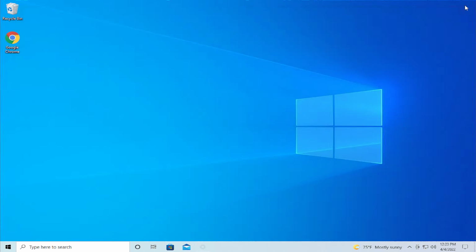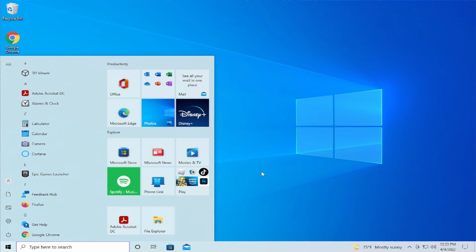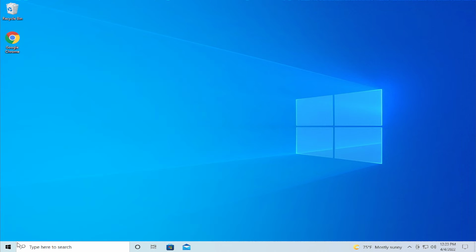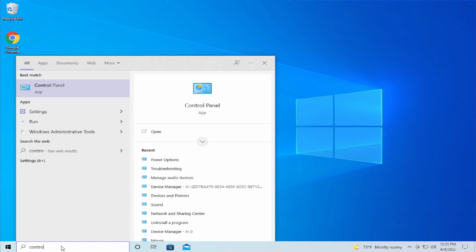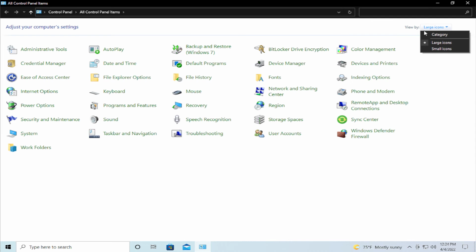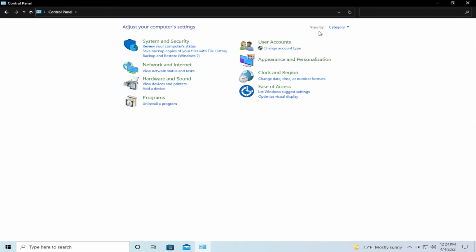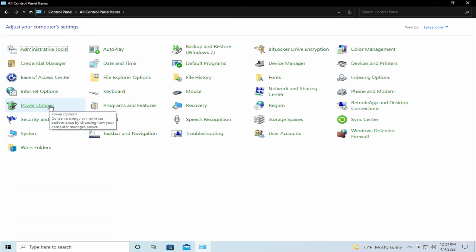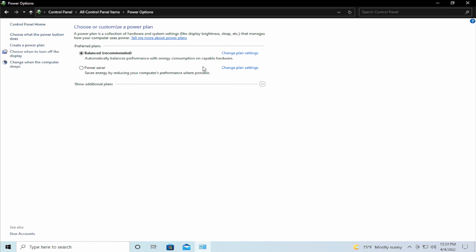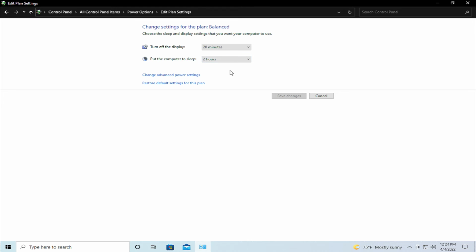Another alternative to enter this menu is to go to the start menu, type control panel, and hit enter. You can change view by and select large icons, then select power options, and click on change plan settings, and you can change this option, for example 1 hour or